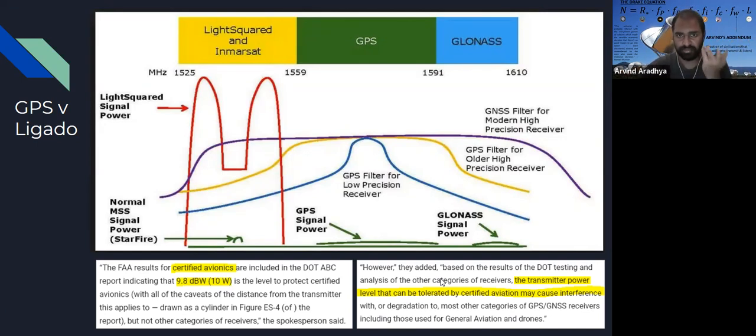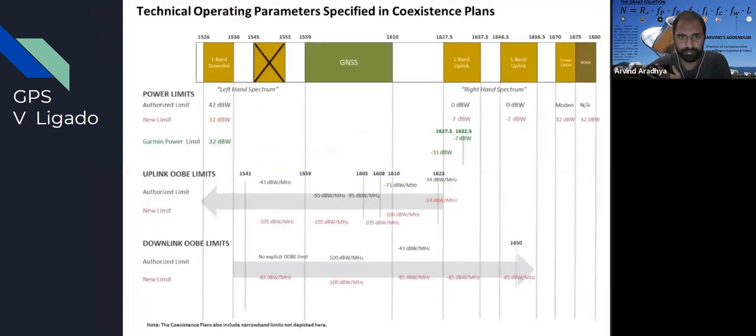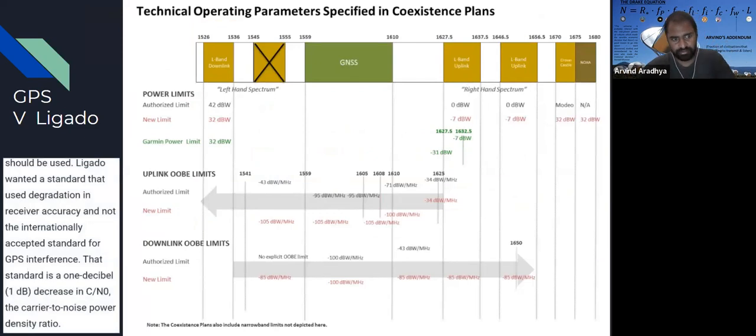Essentially, it's like a case in pretty much every other field. It's a case of regulations not actually catching up with the technology, or in this case, people not agreeing on various different ways of talking about the same thing. And this is another illustration of the same thing. Here, Ligado wanted a standard that actually graded GPS, whereas the conventionally accepted standard was something different, and that just led to problems, and lawsuits and so on.